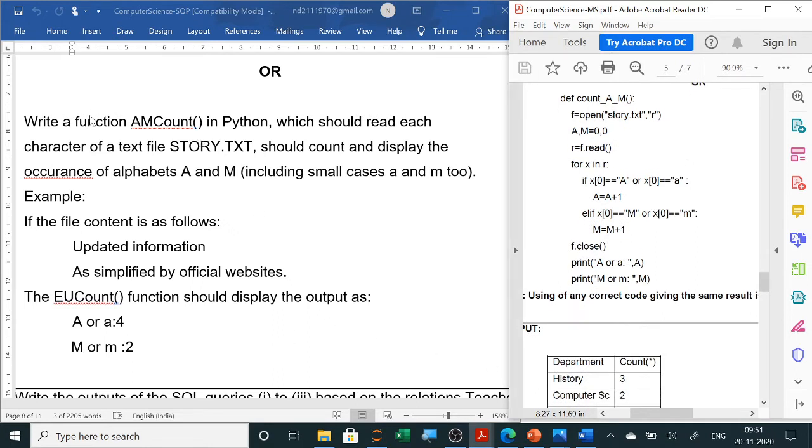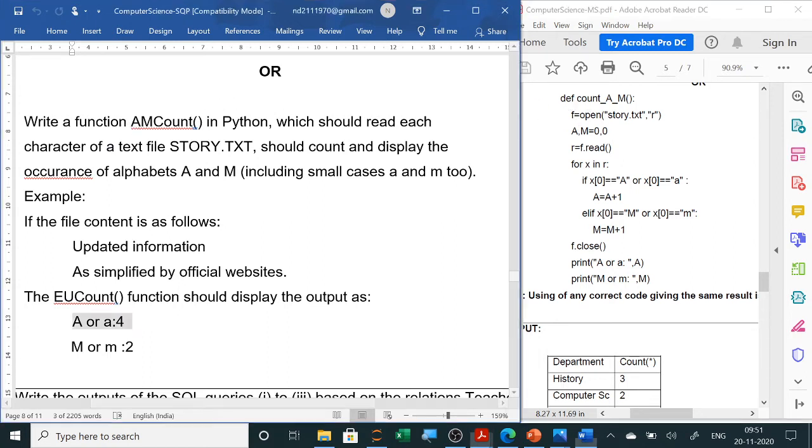Same way you have to write, since it is a function, you will write here def, and the name of the function they will give you here in the question. So this name only you have to write. You don't write any other name. The name which is given in the question paper, that only you have to write. They have, by mistake, typed this answer. I have opened the CBSE sample marking scheme, so you change the name to this.